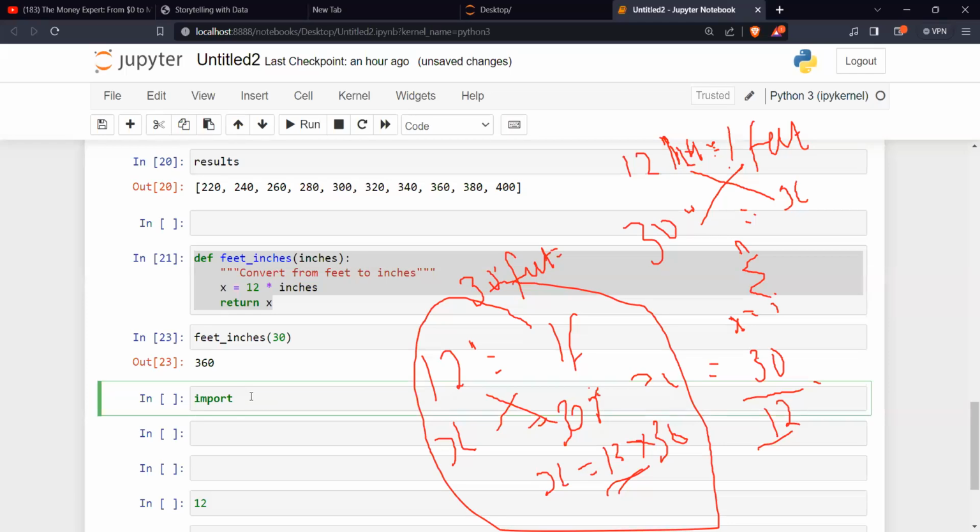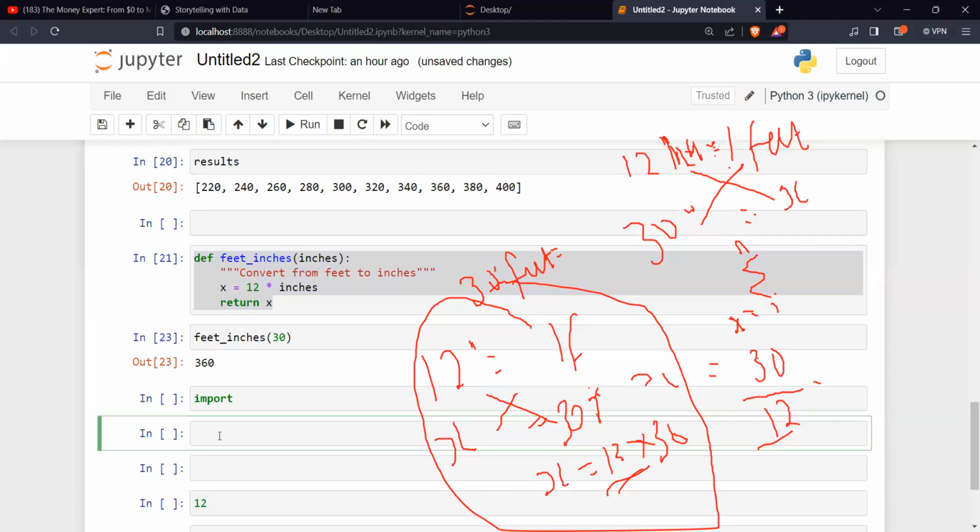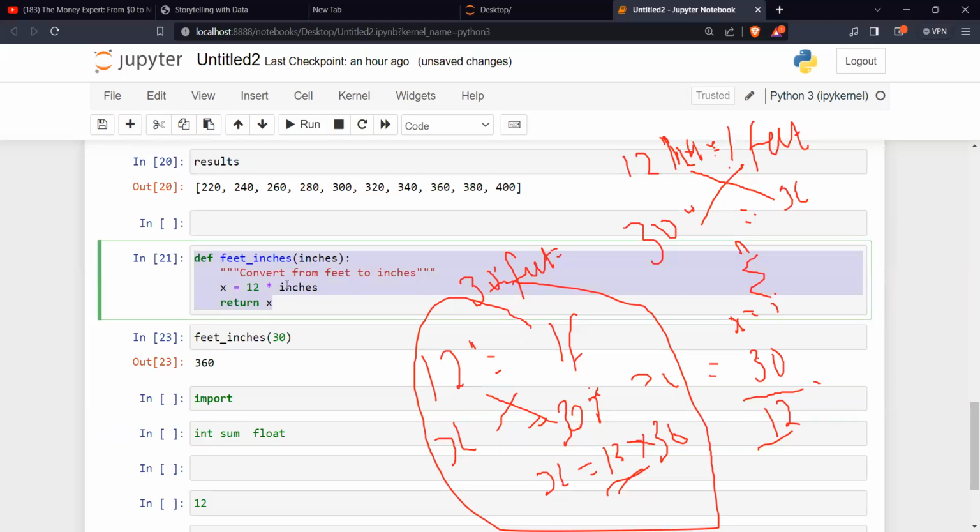Then we are going to use a keyword. You see, the keyword now is blue, is it not? Which means we have defined it as a keyword. So when we say something like int, you see int is a keyword. I see a different color. If I say sum, if you say float, you see they are keywords. The same thing with your define. These are feet to inches. It's not a keyword.